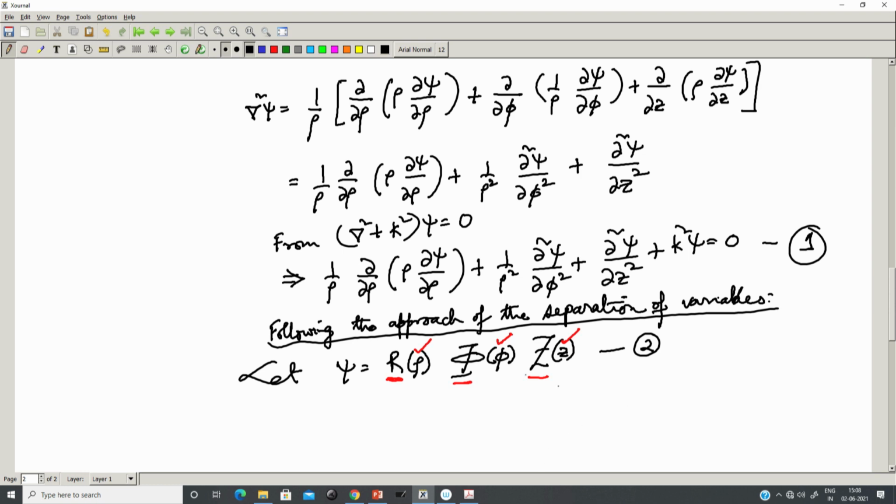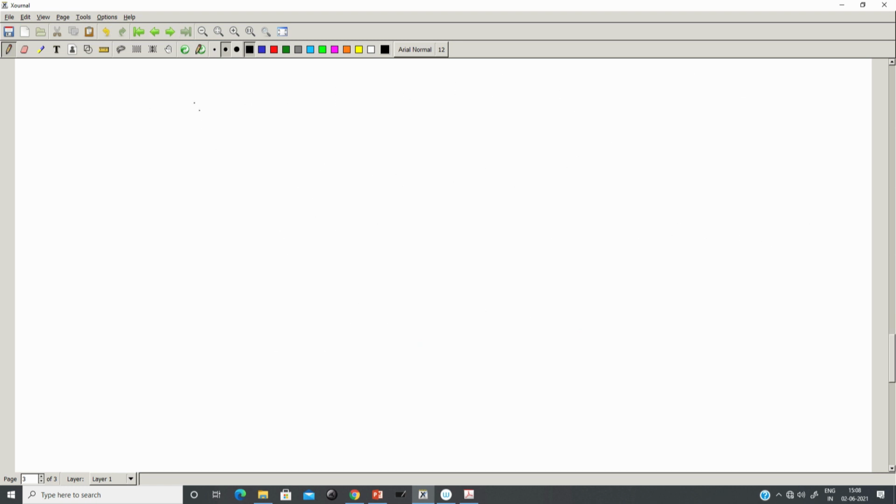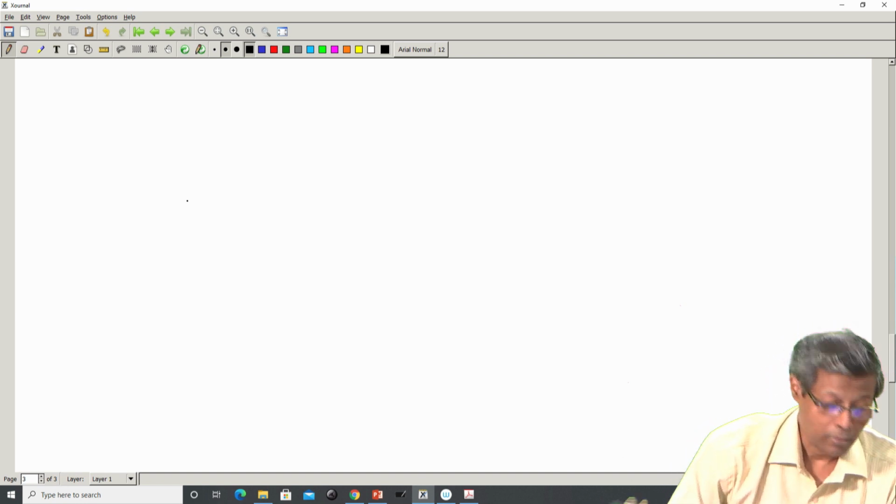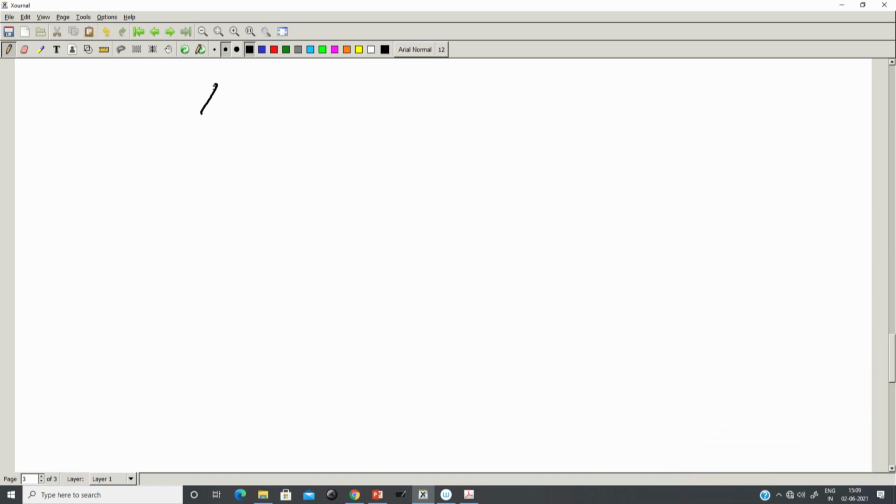Now, all we have to do is substitute 2 into 1, because that was the purpose. We broke up psi into distinct functions of r, capital phi or big phi, and capital Z. So, substituting 2 into 1